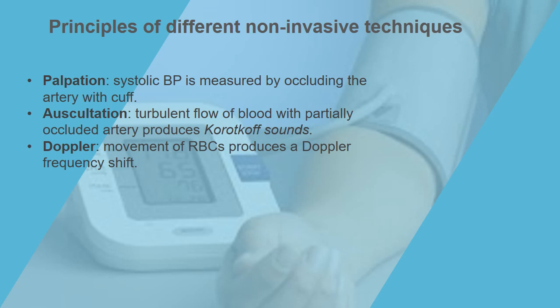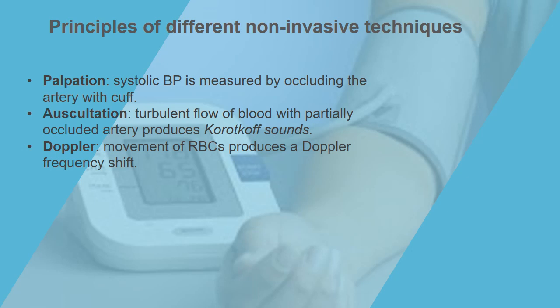In auscultation, you have a turbulent flow of the blood with a partially occluded artery, which produces the Korotkoff sounds. These are basically the 5 phases. The first sound which appears is synchronous with the pulse. In the second phase, the sound becomes softer, and then in the third phase, as the diastolic point is getting nearer, the sound becomes more intense. In phase 4, the sound suddenly becomes muffled, and then 5 to 10 millimeters of mercury later it just disappears,